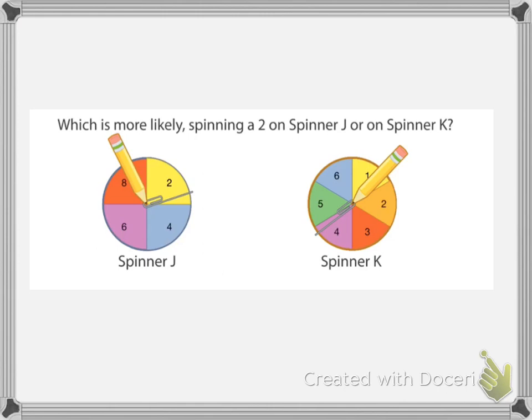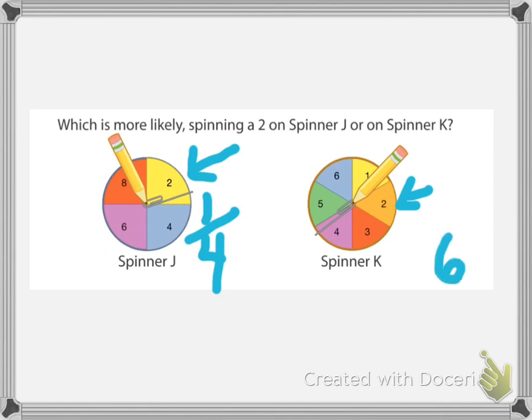So first off, I'm taking a look at spinner J, and I can see that the area for 2 isn't taking up too much of the circle. So we have 4 sections in the circle altogether, and one of them is taken up by the number 2. If I look over at spinner K, where the 2 is, same thing. I have now 6 sections on the circle altogether, and I see one of them is taken up by the